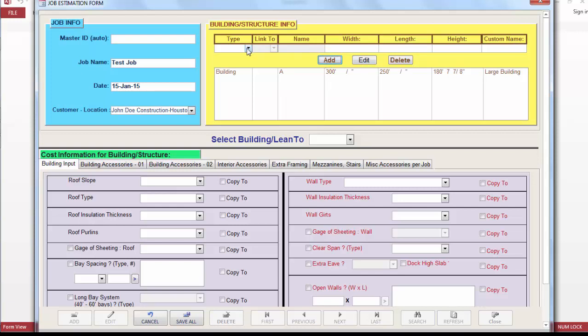I will then go ahead and enter my second structure, which is a lean-to structure, and notice that I'm able to link this to the first building that I entered, which was building A. I'll say this lean-to structure is related or linked to building A. I will then give it its own dimensions. In this case, they happen to be 250 feet by 240 feet by 209 feet and 3/4 of an inch. I will then give it a custom name of small lean-to and add it to the